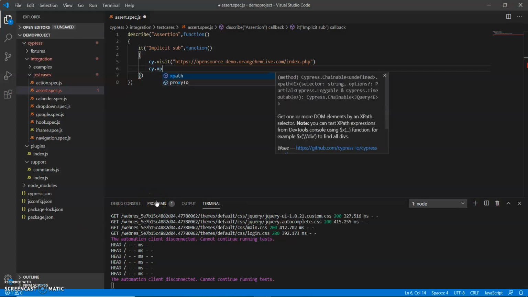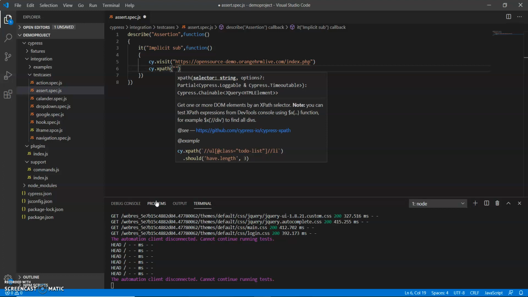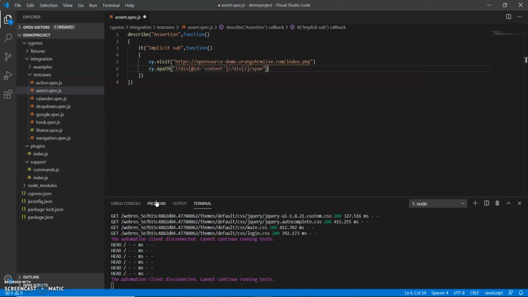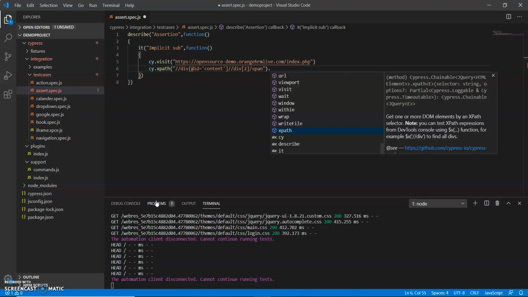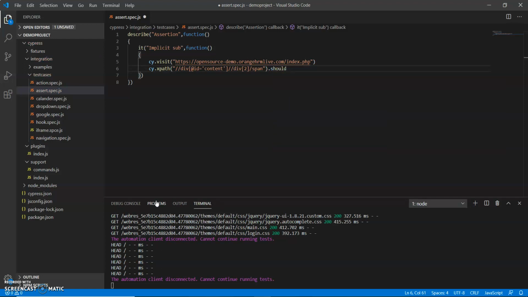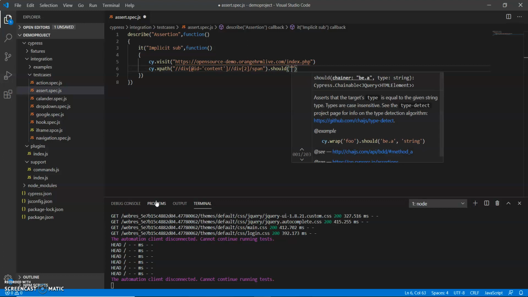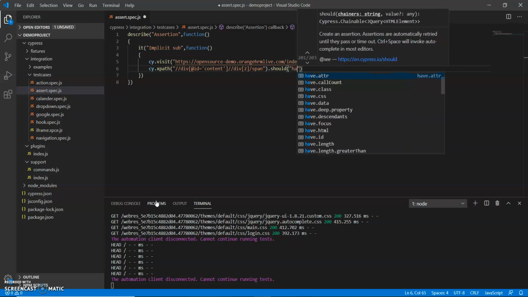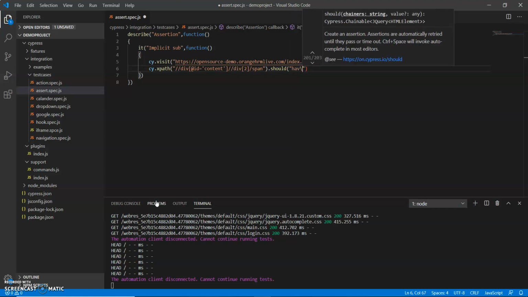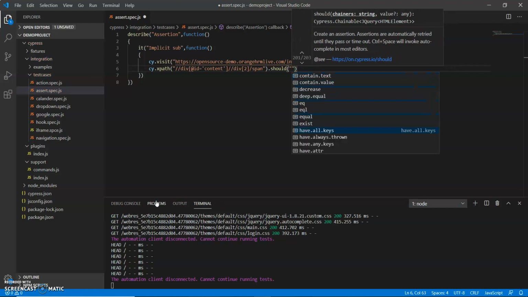By XPath, now I use the implicit subject. I use should and two commas, and then have. You can see multiple methods are provided by this should method.